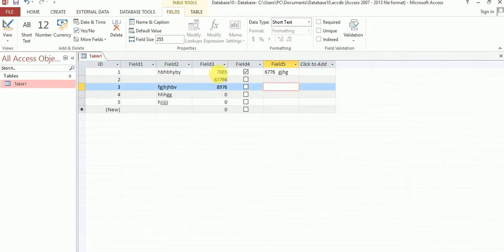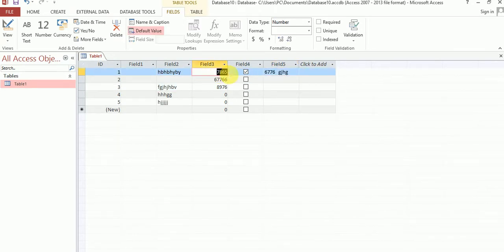But you can also call it a data type when only digits are used, so my record is a number. You can use a number in this column, in this field. My data type is number data type. This one is text data type. This one is yes/no data type.